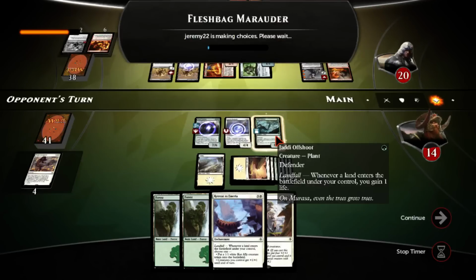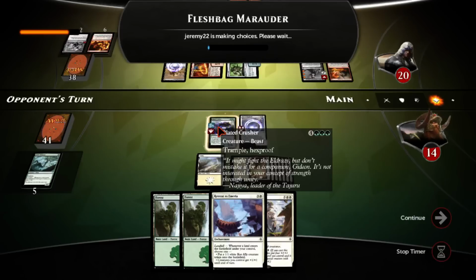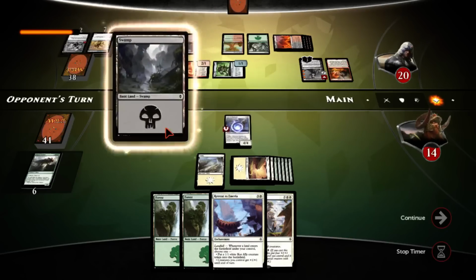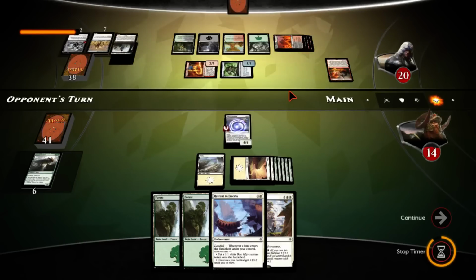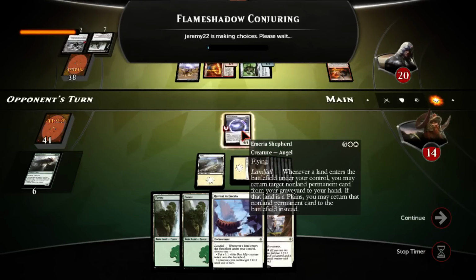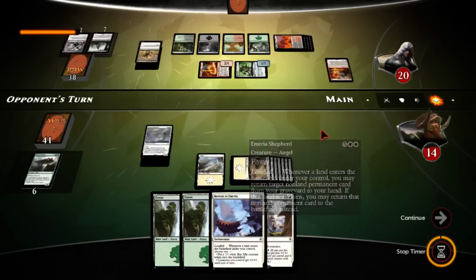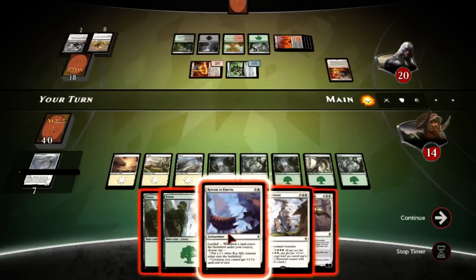Oh, hello. I forgot about that. So we'll get rid of that. And we'll get rid of that, because it's way more important for me to keep her right now. You gonna bring back the other one? Nice. Well, nothing I can do about it. It's a good play there. Unfortunately,